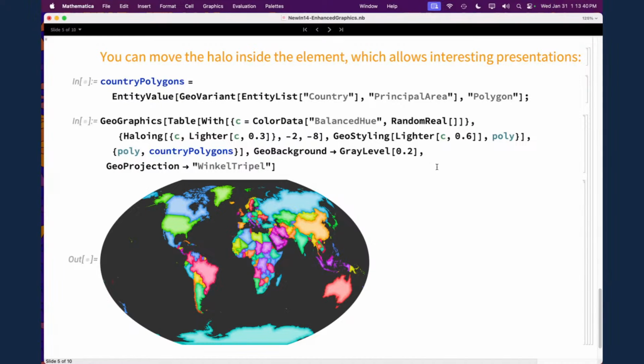And every country has its own sort of light pastelish color. But our haloing is a color and a lighter version of that color, and we're doing negative distances. And so we get a sort of fade from the borders inward,